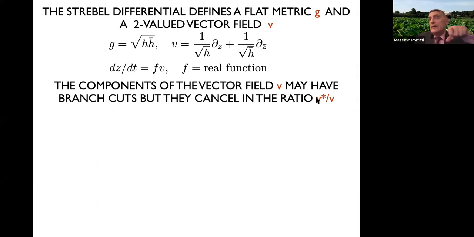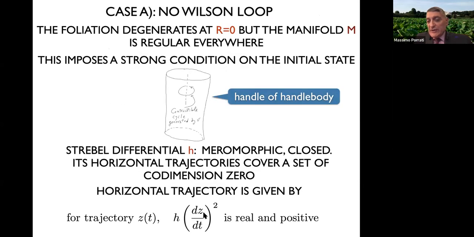Well, as you know, a vector field on the Riemann surface has to have zeros, determined by the Riemann-Roch theorem. And these vectors and their integral curves are not really good objects that define homology cycles. The Strebel differential instead defines homology cycles, because homology cycles can be defined in terms of what we call horizontal trajectories. So in terms of quantities that contain the